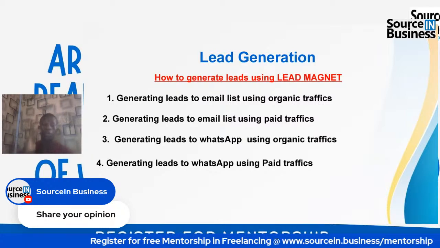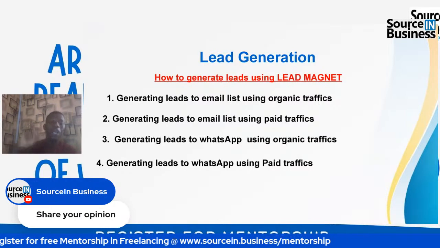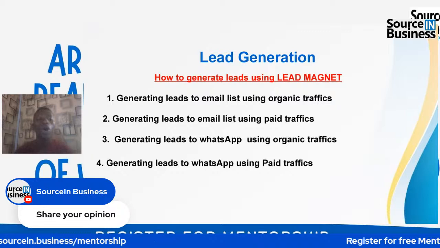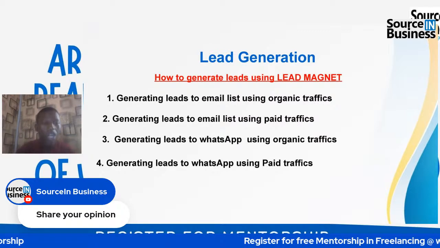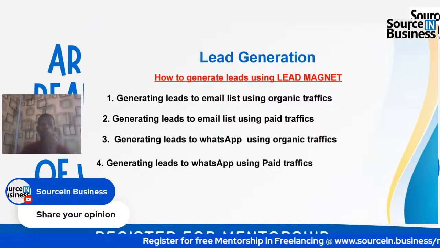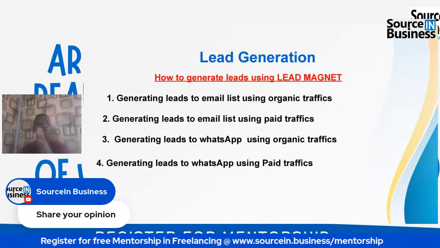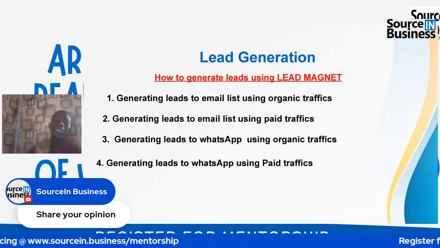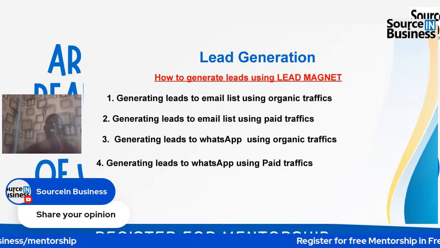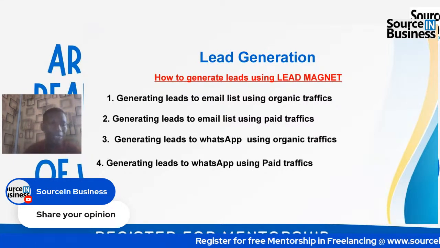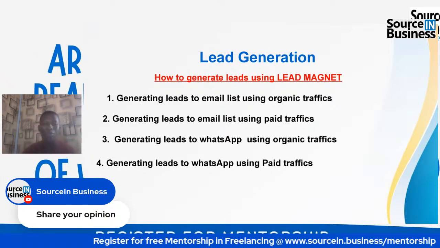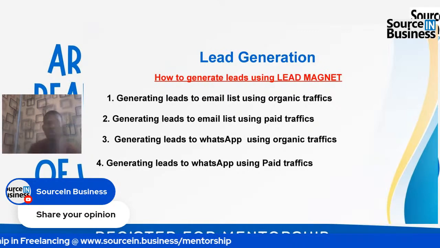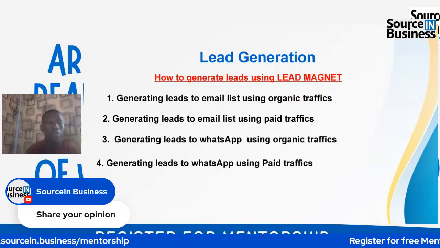You understand? So once you promise them that, the link you are going to be putting on the advert should be the link to your email opt-in page. All right. So whoever sees the advert, they will click the advert. Once they click the advert, they will be redirected to your opt-in page. Once they are directed to your opt-in page, they will fill in their information and you have access to their information. Then from there, they can go to the page of the stuff that you promised them.